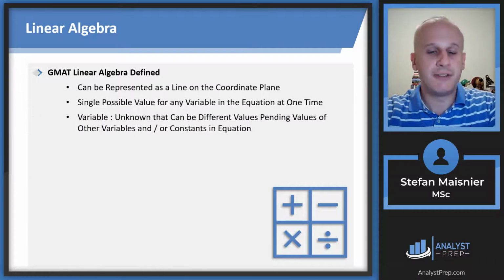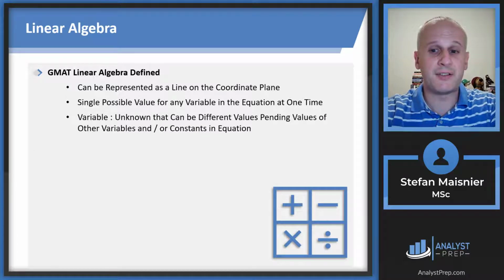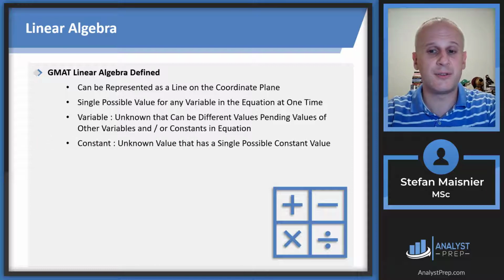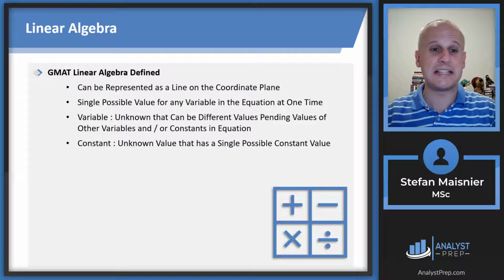Now, a variable is just an unknown that can be different values, pending values of other variables and or constants that are presented in the equation. Now, a constant is an unknown value that has a single possible constant value. So they're going to tell you that it's constant. You might have to solve for it, but then it stays at that numeric value for the duration of the